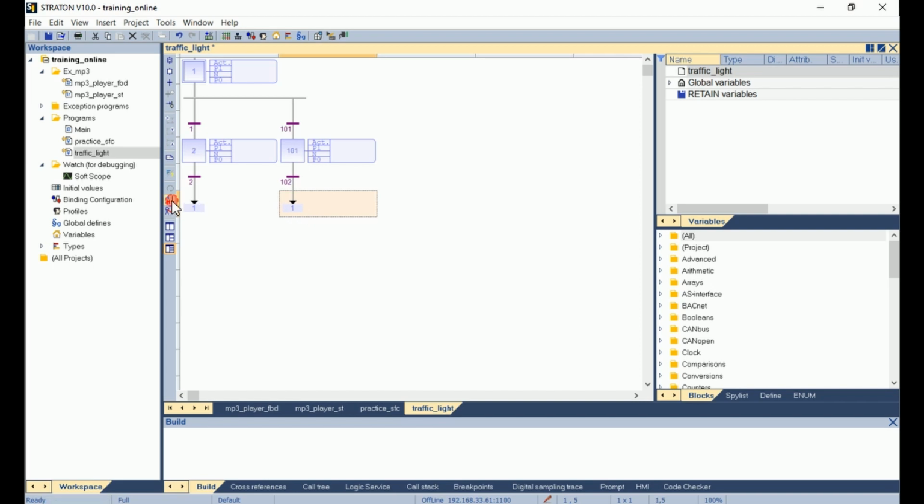Okay. So the branch on the left will deal with the day mode and the branch on the right with the night mode.